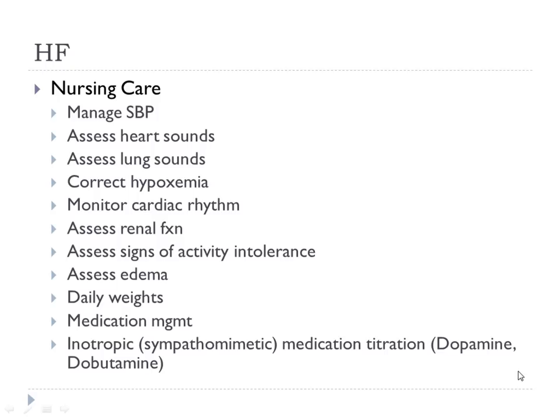Medication management is a big deal. We can also give patients sympathomimetics, which we'll talk about a little more later. These are inotropic medications that cause increased contractility. The one that you're going to see most frequently used in heart failure is dobutamine. This medication is given intravenously, usually in a high acuity setting, either in a PCU, an ICU step down, or an ICU. Dopamine can be used too, but usually dobutamine is going to be the sympathomimetic of choice for heart failure. I'll talk more about those.